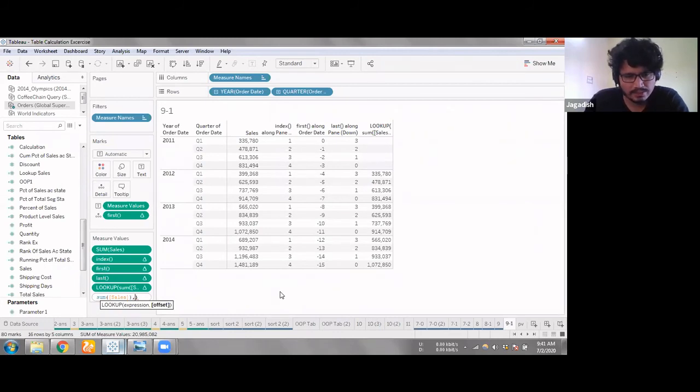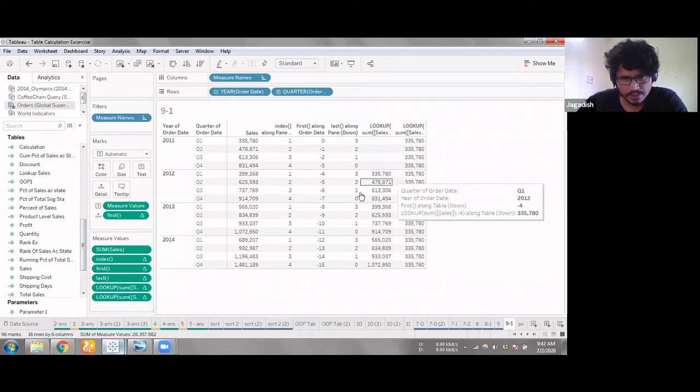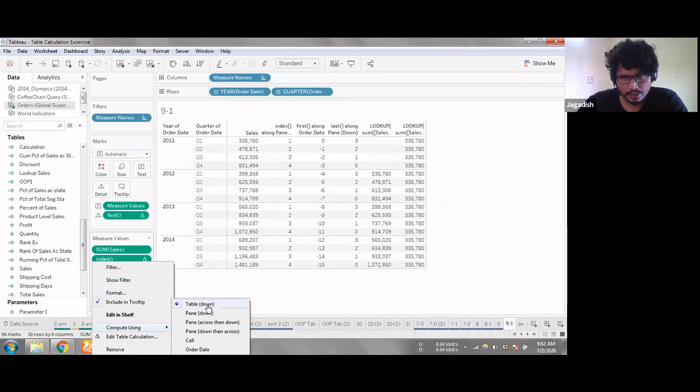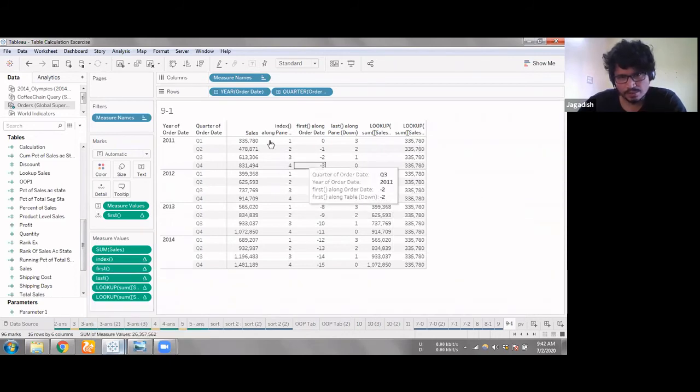Let's just give first and see what happens. So first is basically the function that tells us the distance from the first column, right? So it took the value. What it's giving me is, since the calculation is at a table down, look up the first value in this particular column, the expression that we gave, sum of expression, and just pull it up for everything.